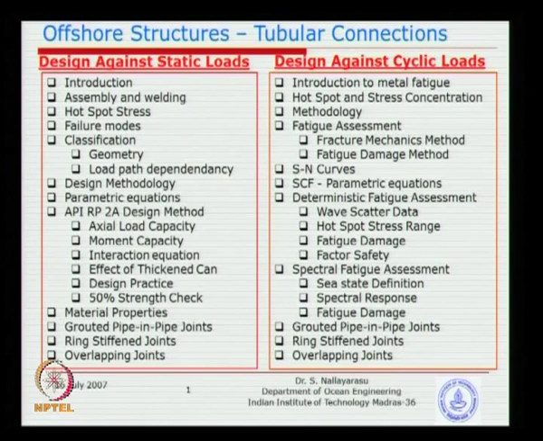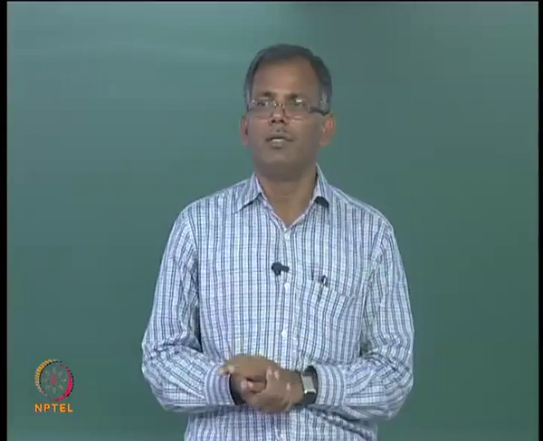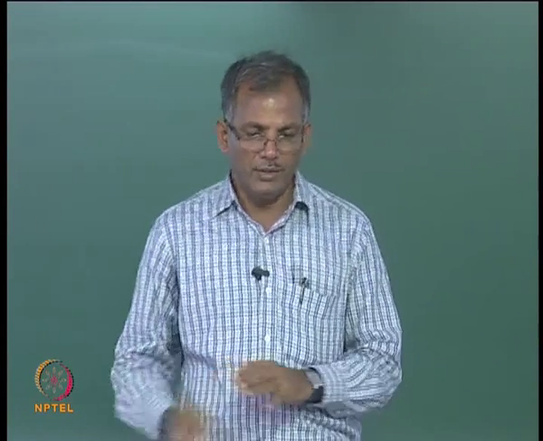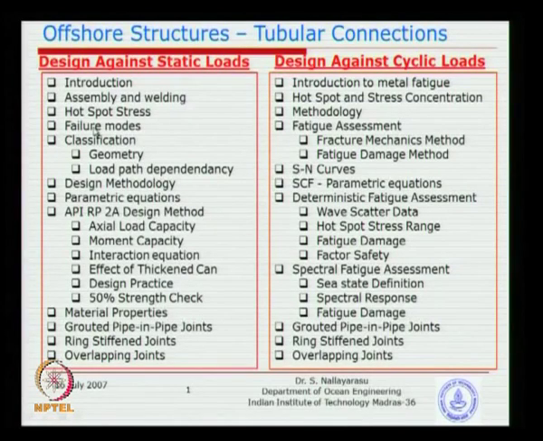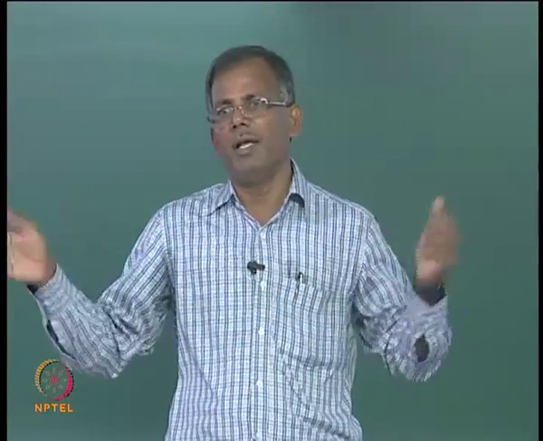in the past. Now, if you look at the whole thing, I have just given a list of things that we should know, similar to our design of members. We need to know what is the history of the joint prior to loading. That means you need to know how it was assembled, how it was welded, because they have a little bit of influence on the strength, and how they may fail, the failure modes. This is where more complexity is induced, because the failure of a tubular connection is not that easy to predict. You will see several forms of failure, and it may or may not happen depending on the parameters involved.